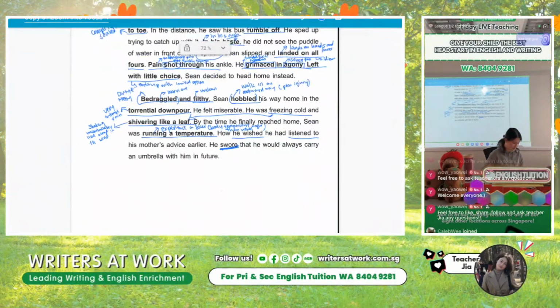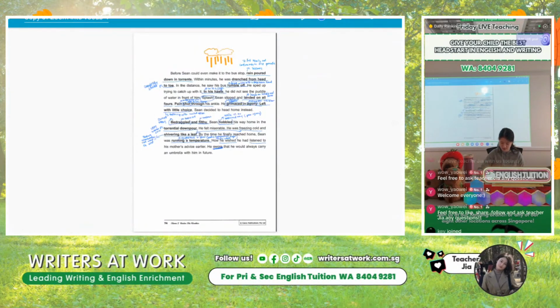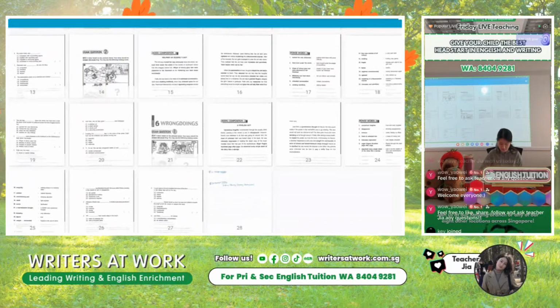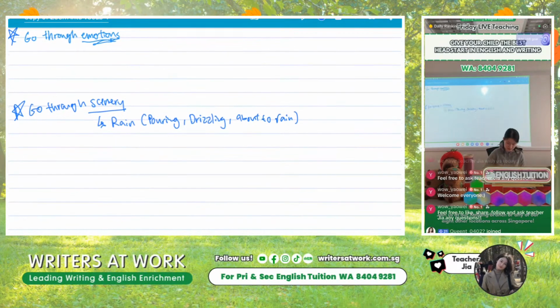All right, we have finished this composition. Good job, everyone, especially to those who stayed through the entire composition. Now we're gonna skip all the way to the end. We will be going through the questions later, but I want to give a bit of a gap, because from my understanding, when you give yourself a bit of a gap and then you retest yourself, you are giving yourself a chance to regurgitate the information rather than doing the quiz right after. You're giving yourself more time to internalize, to go through that information in your head. You give your brain time to process things.